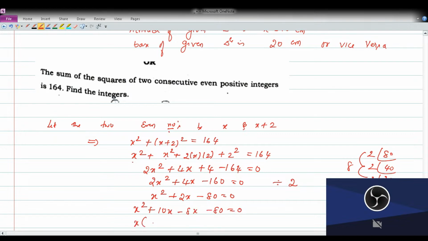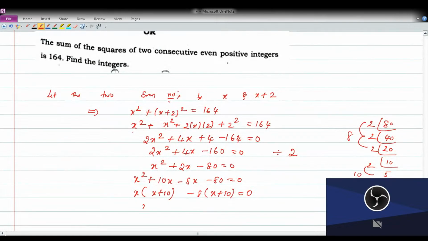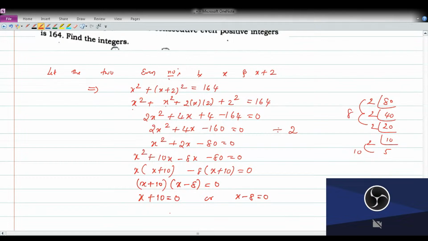If you take x as a common factor, I will get x plus 10. 8 as a common factor, again I will get x plus 10 here. Now if you take out x plus 10 outside, we are going to get x minus 8 equal to 0. So that means x plus 10 equal to 0 or x minus 8 equal to 0. So we are going to get x is equal to minus 10, x is equal to plus 8, and this